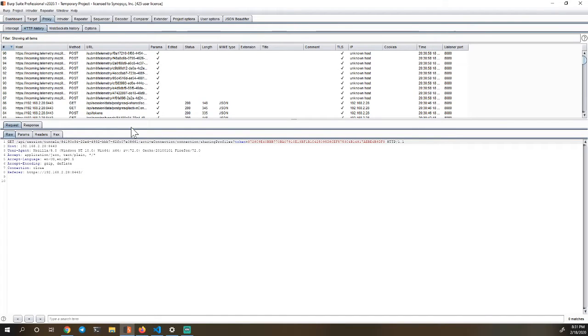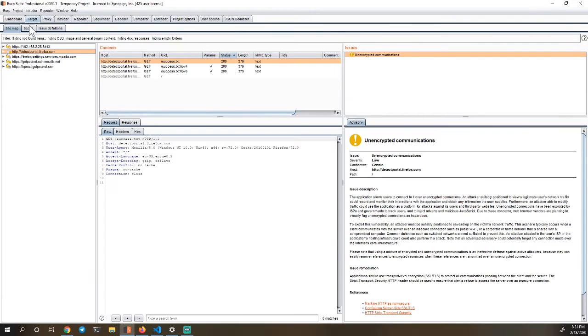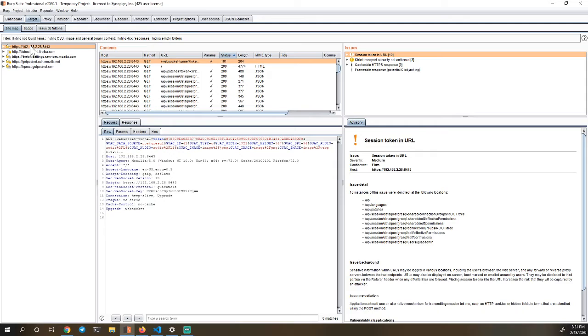So we have Burp running in the background, and Burp's intercepting all of our requests, and we're just going to focus in on just the server. If you've never used Burp before, there are various different tabs at the top here. When you open up Burp, your Target tab is where you can hone in on what you need to focus on, and then the sitemap gets populated as you go through different networks or different sites. We want to focus in on just this site, so we're going to add that